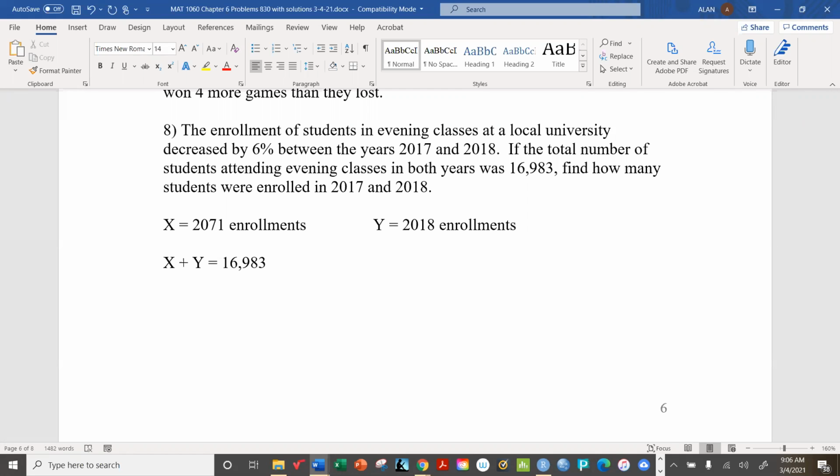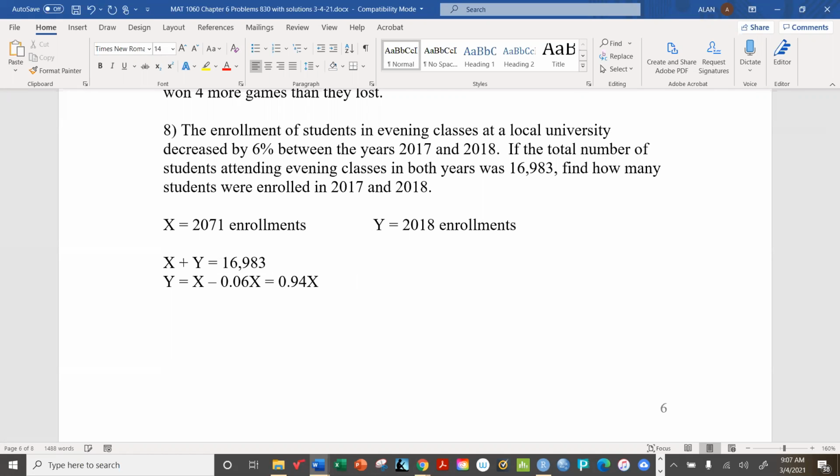Well, let's just say that Y, and you notice how unlike the other examples, instead of telling you that it fell by, let's say, 100 students, they're giving you a percentage, and that really makes it even more challenging than usual. So what we're going to do is take X, and we're going to subtract 6%. Okay, so this can be rewritten as